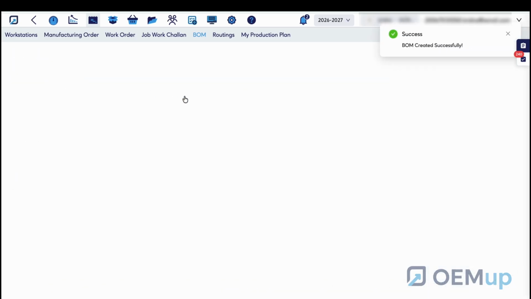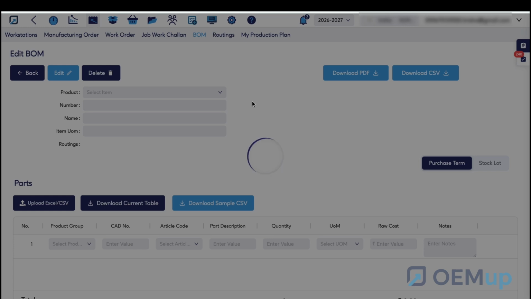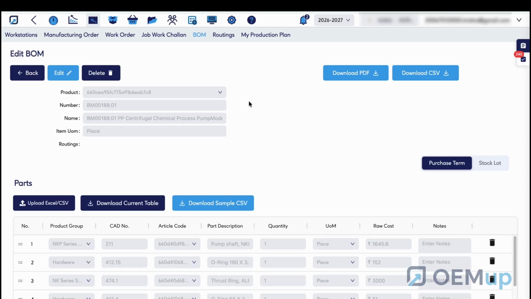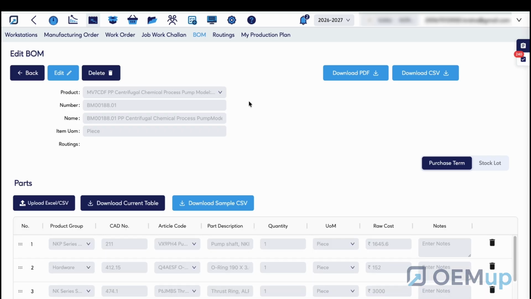As you make changes, OEMup automatically recalculates the total material cost in real time, giving you an accurate production cost estimate before manufacturing begins. Once your BOM is complete, click Save. Your bill of materials is now ready to be used for production planning, work orders, and purchasing. You can also download the BOM as a PDF for documentation or export it as a CSV for further analysis or sharing. That's how